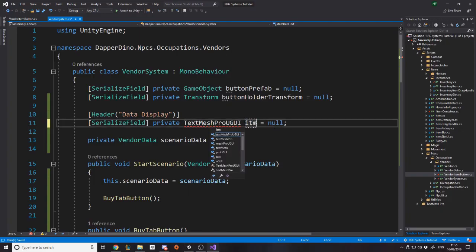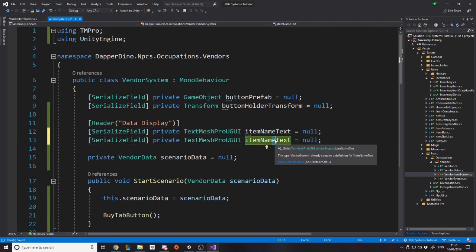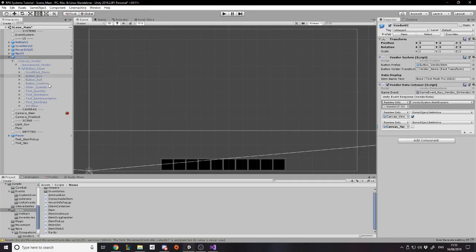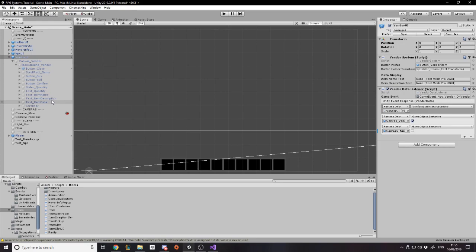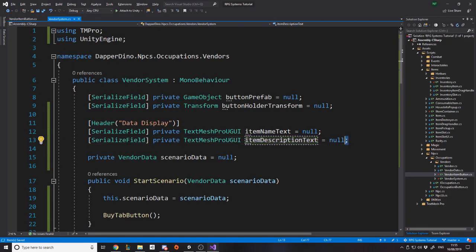So we'll call it item name text, and we want to import TMPro, copy and paste that, item description text, and then we have, is that it? Pretty much. Let me just toggle this UI on because I want to quickly see again what it's like. Okay, so we actually also want a third field,